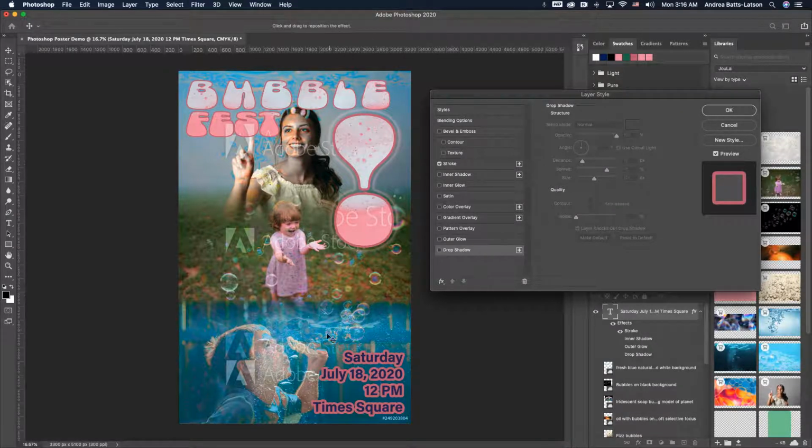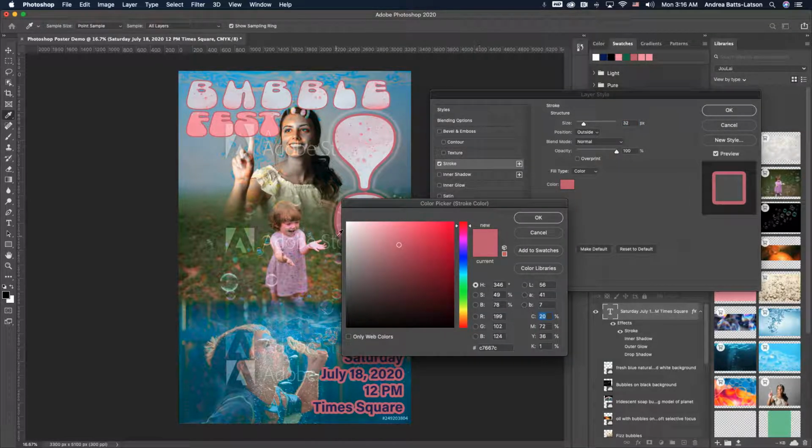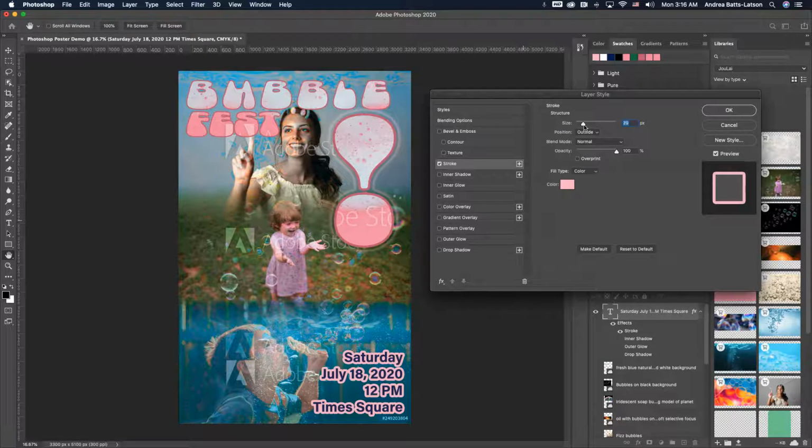And notice how I have the stroke set, but you don't see any of the options. You all have the check mark here, but you also have to click it to make sure that it's that darker gray color in order to affect it. So I might play with this color. And I might say, okay, well, let's go with a lighter pink so that we can stay within the pink family. I might go with a different size,